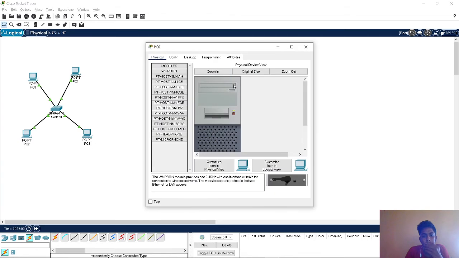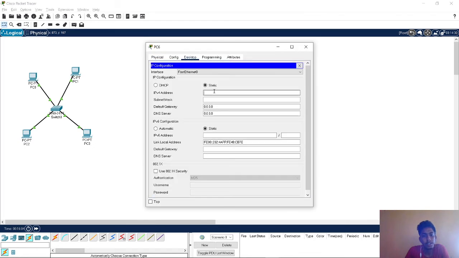Now we can allot the IP, that is the IP configuration. 192.168.2.1 I'm going to give here.